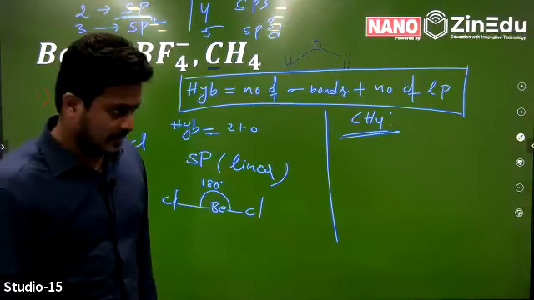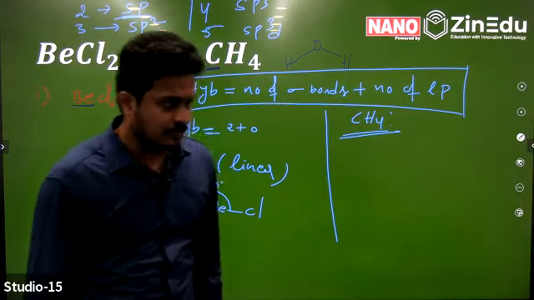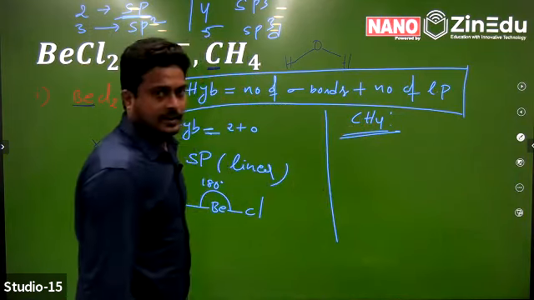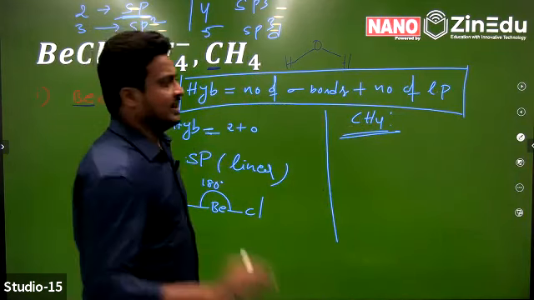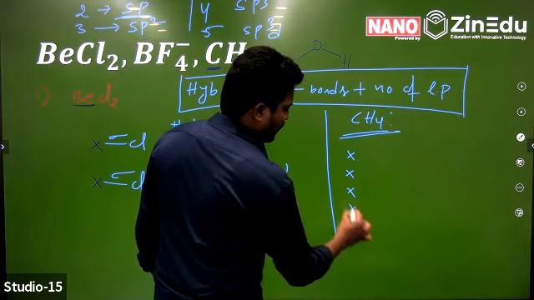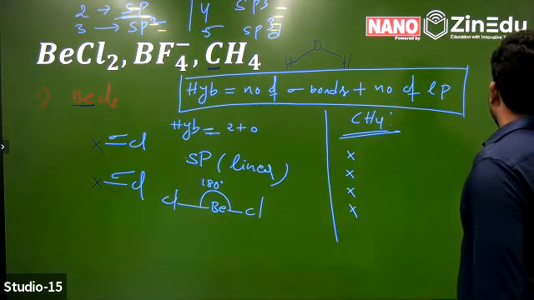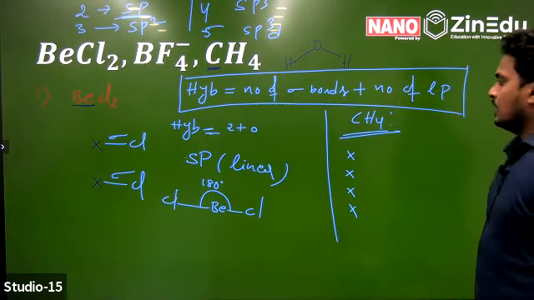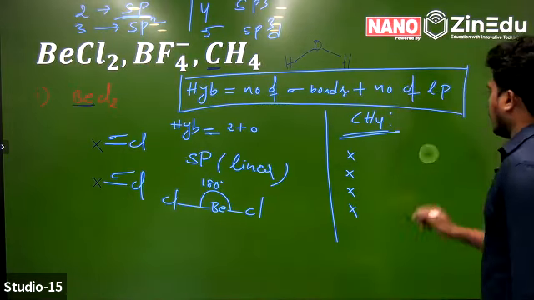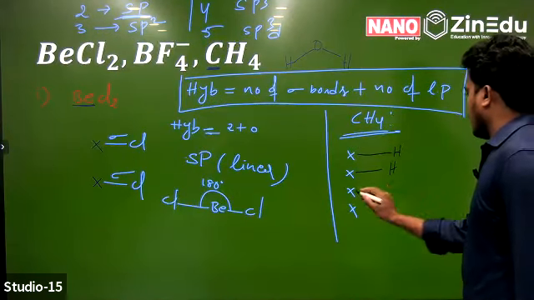Number of valence electrons is equal to group number. So in CH4, carbon is the central atom. It has 4 valence electrons. Already I told you, hydrogen always forms a single bond with other elements. That is why 4 hydrogens can form 4 single bonds. Now tell me the total count.